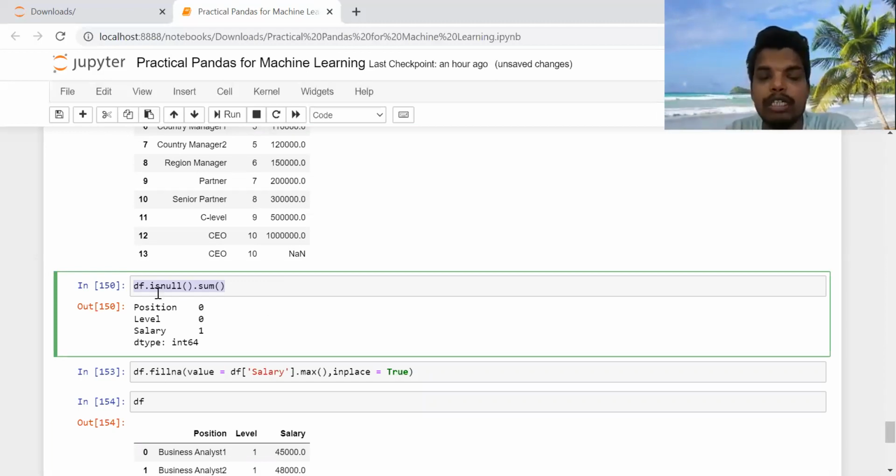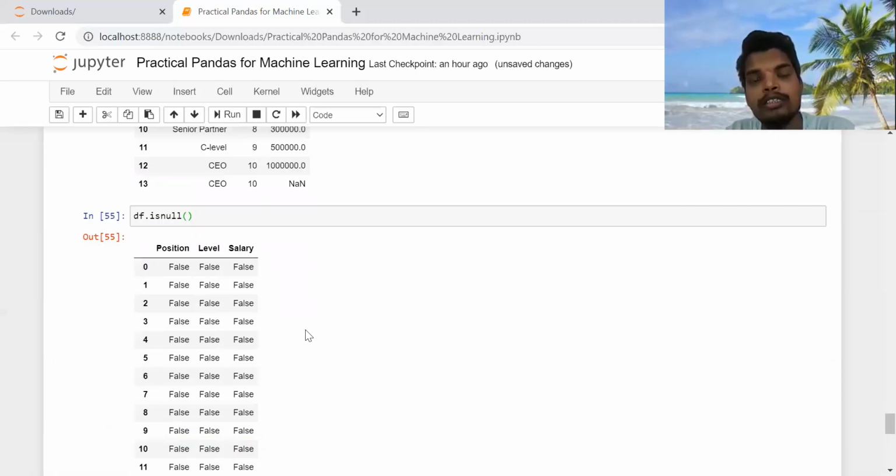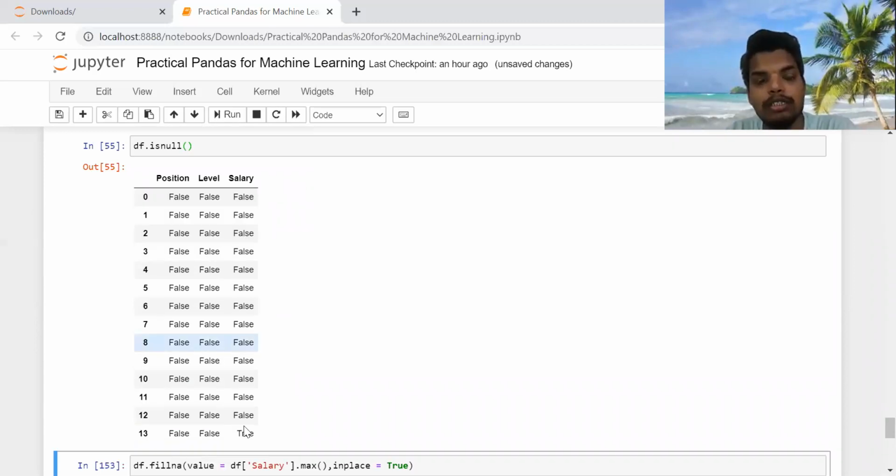So df.isnull. isnull will check whether nulls are present or not. I will show you this. You can see here it is True. It will show the value as True for that row and for that column.